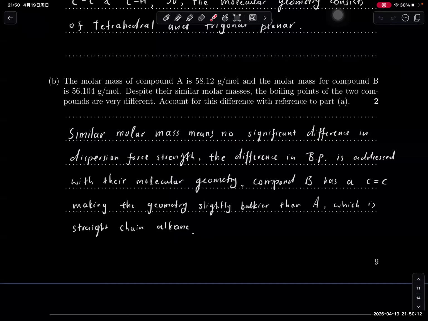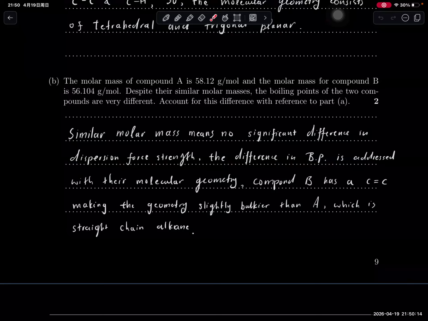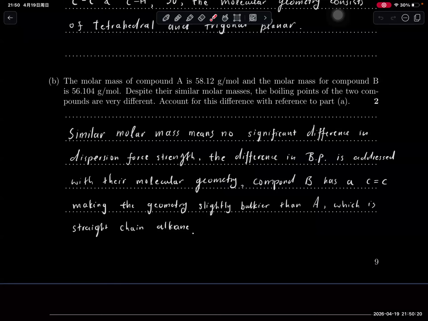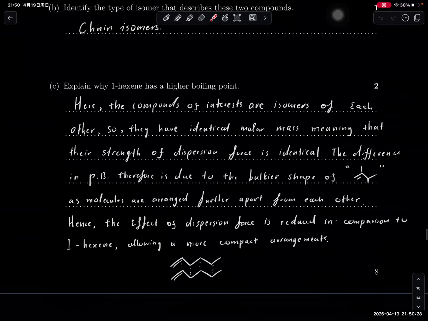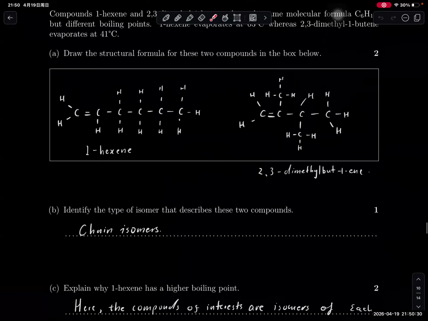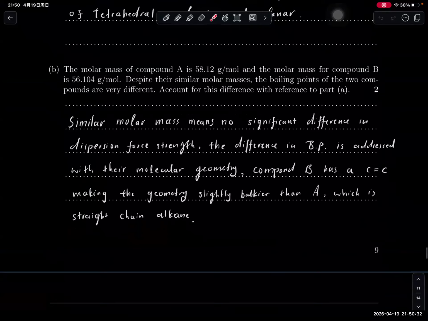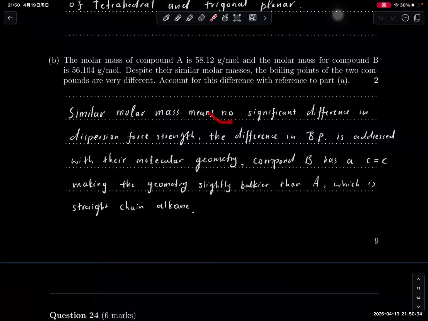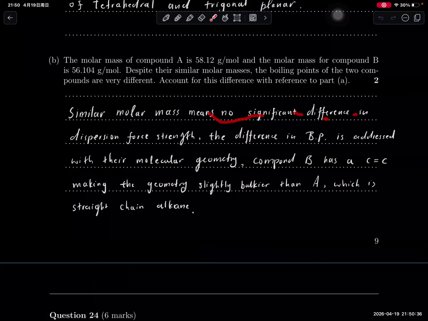Right. Let's have a look at question B. The molar mass of compound A is 58.12 grams per mole, and the molar mass for compound B is this many grams per mole. So they have similar molar mass, but their boiling points are different. Explain why. This question is very similar to question C in question 22. So similar molar mass means no significant difference in the strength of dispersion force. The difference in boiling point is addressed with